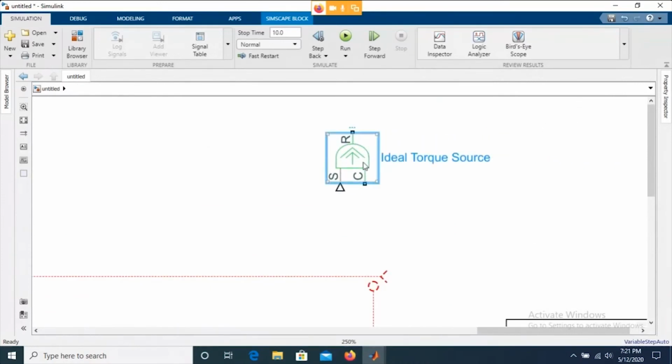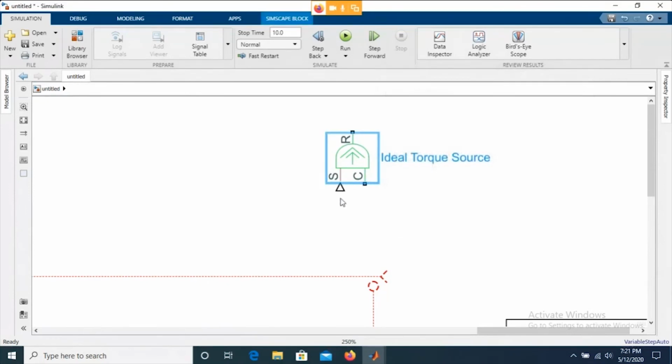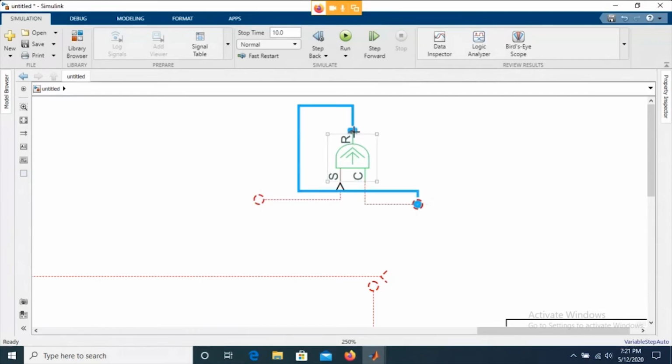So you try to give the torque value from this point. You try to fix this C with a casing, and you try to connect R with the shaft of the motor and give some constant value over here, right? So that constant value of torque is available. Now you may have variable values of torque and you try to get the speed torque curve for the vehicle model, and that is how you decide what should be the motor power rating.